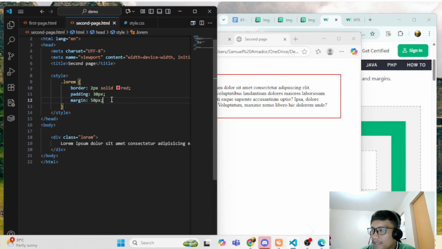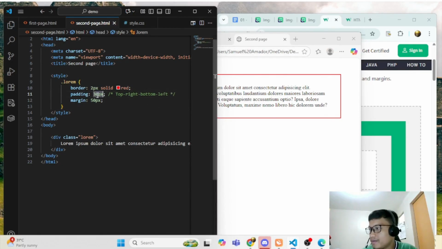Okay, so we can also specify where we are going to apply the margin or the padding in this notation. So for instance, this is top, right, bottom, then left.